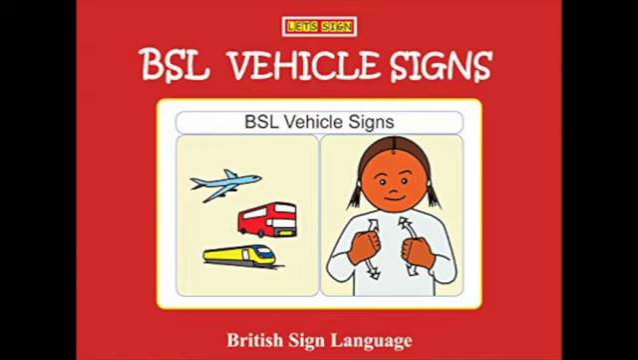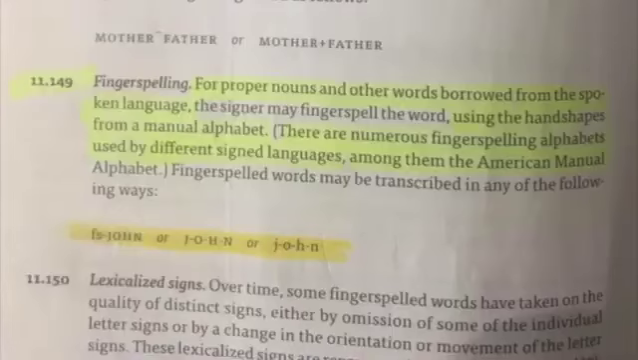What Romilly Stewart and Rohan Lorian did miss out, though, which when I found, I was like, wow, they didn't really speak about this, was fingerspelling. Let's look at this for a moment. For proper nouns and other words borrowed from the spoken language, the signer may fingerspell the word, using the hand shapes from a manual alphabet. There are numerous fingerspelling alphabets used by different sign languages, amongst them the American manual alphabet. Fingerspelled words may be transcribed in any of the following ways. Before we get there, let's just look at the